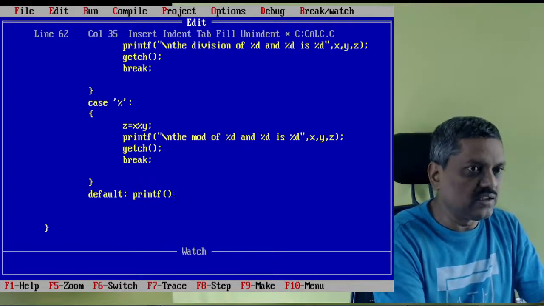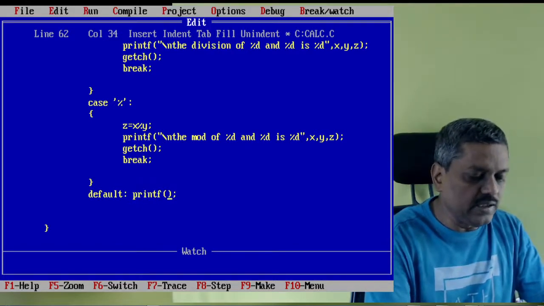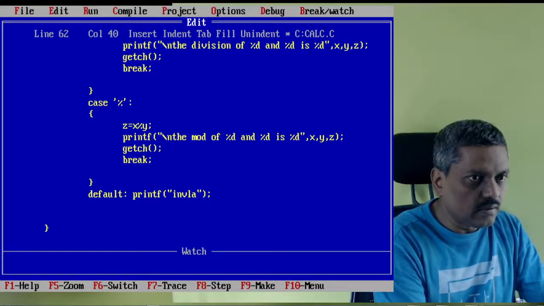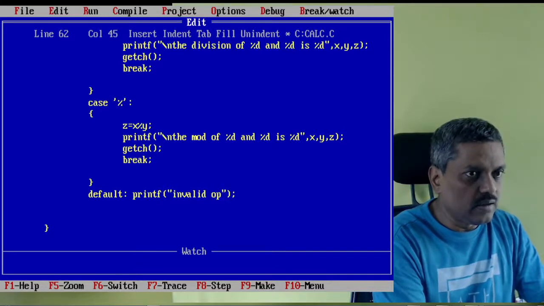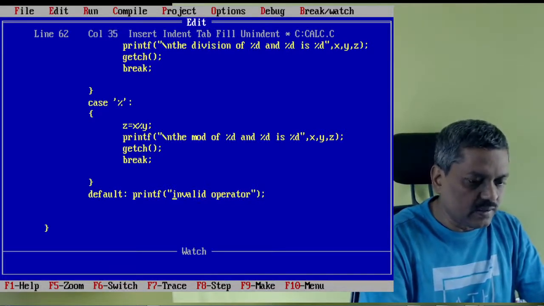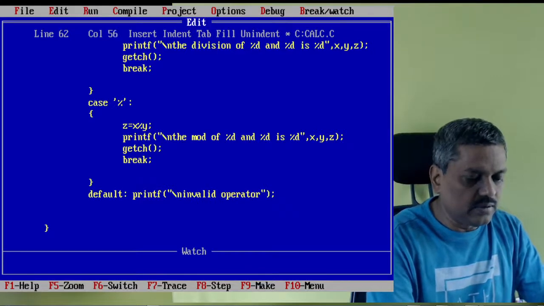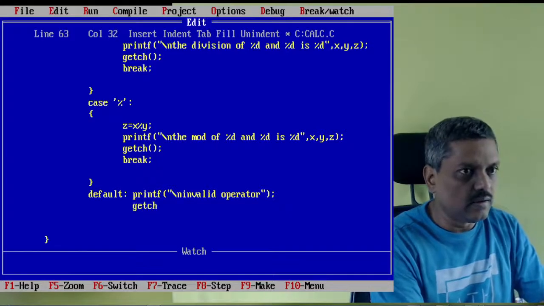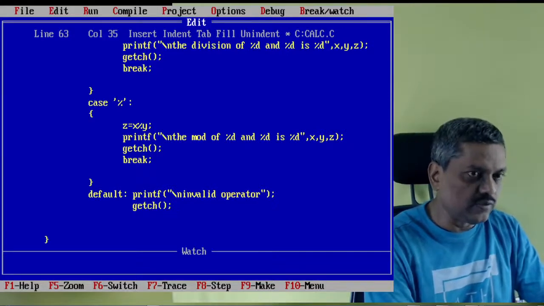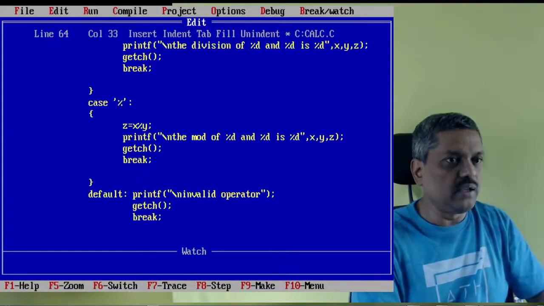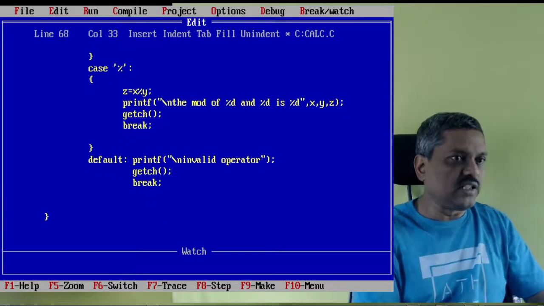Because no case is matching, you simply display a message, invalid operator, because you are pressing that operator. Then wait for the display of the message and then break off. So put the break statement, which takes the control out of the switch.